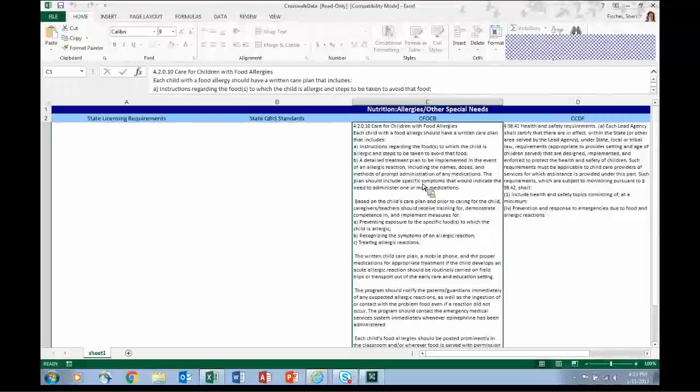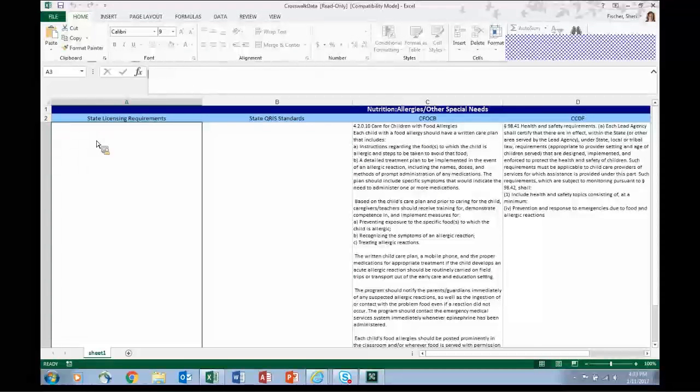But what you can do is type into these 2 columns, the one that says state licensing requirements and the one that says QRIS standards. Those you can type into, and you can use this Excel spreadsheet to help with a comparison that you may be doing with your own standards.